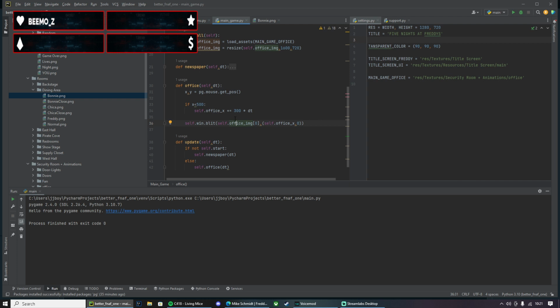So delta time checks the difference between each iteration, and then calculates the speed that you should move. On a really slow computer, it multiplies by 2 or 3, so this 300 would become 600 or 900 or 1200. But if you've got a really fast computer, it'll be like 0 point something, so this 300 would be much slower.